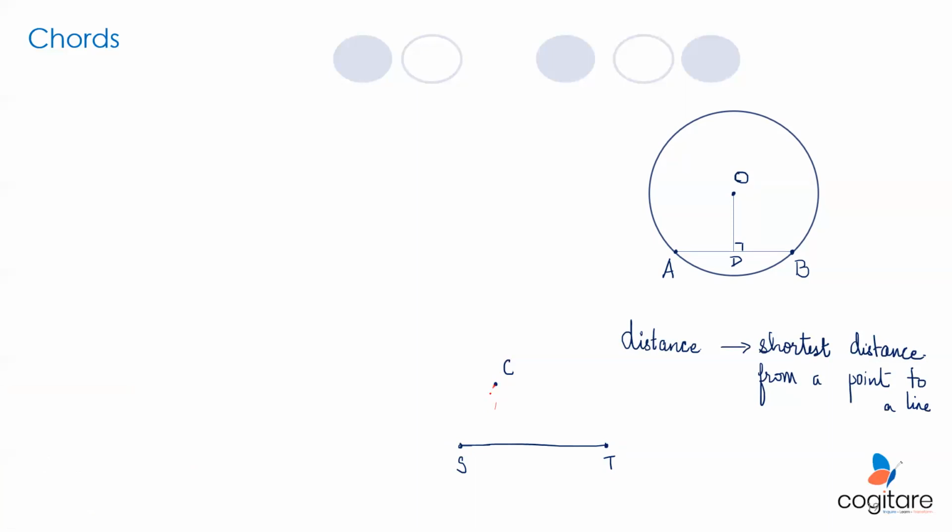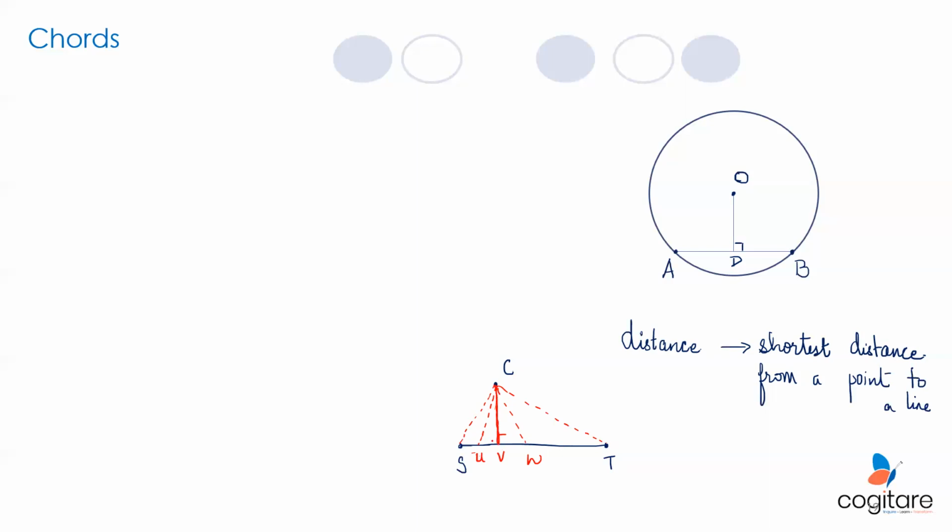Let's figure that out. So one is this, you connect CS, sorry, then you connect to another point like this, then something like this. Okay, there are many ways. There are infinite ways in which you can connect this point to the line. I'm not talking about the endpoints, but to the line per se. When you do this, you will observe that of all these points, let me call them U, V, W, of all these points from where C is joined to the line, there is going to be one line that is shortest. Okay, this one for now.